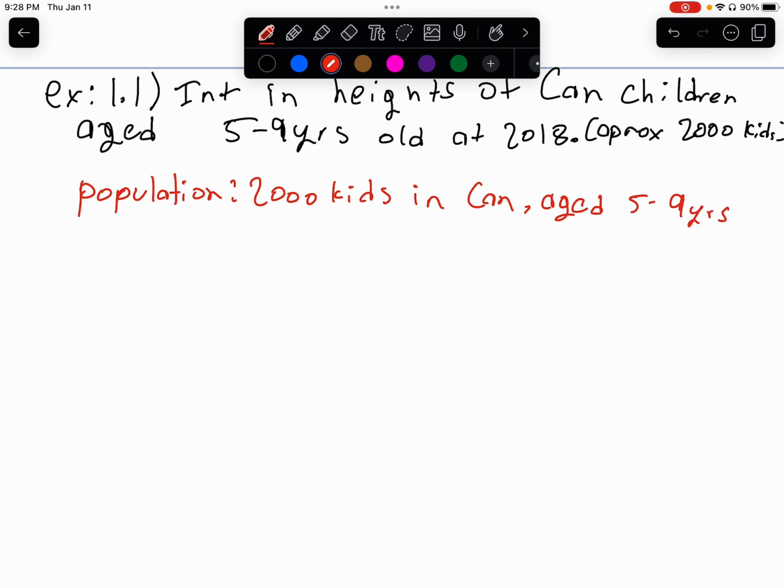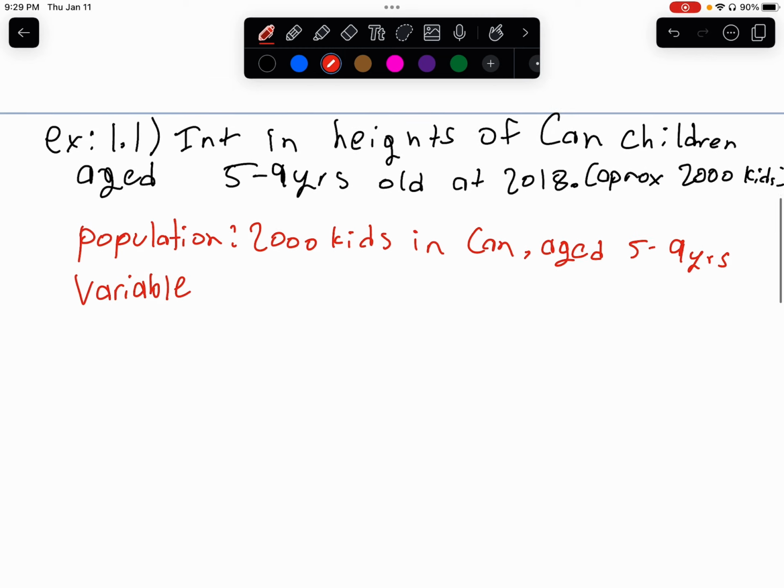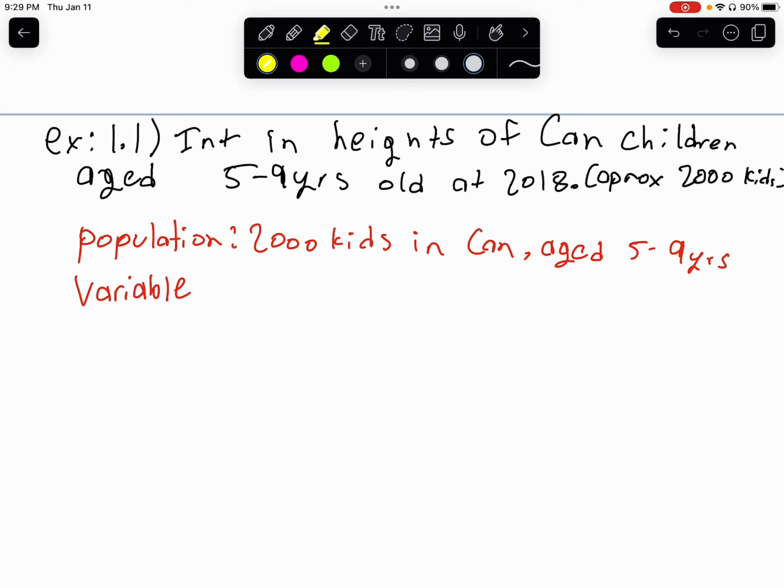So this is our population. The variable in this, the variable is what distinguishes. So I'm going to highlight each in different colors. The first one, our population, is going to be in yellow, Canadian children aged 5 to 9. And next, our variable is going to be the height. So in our ages 5 to 9 years old, different heights, which I'll highlight in pink,